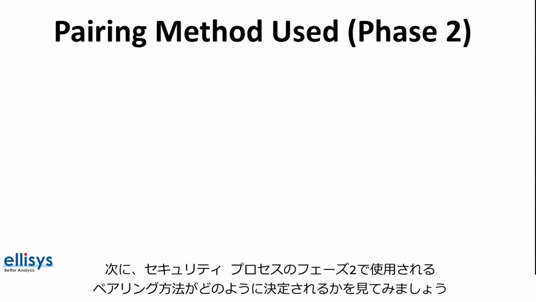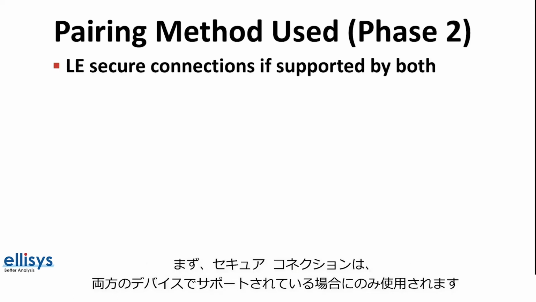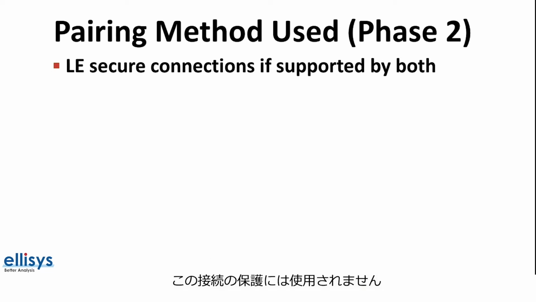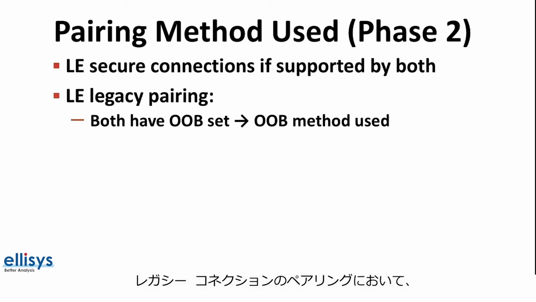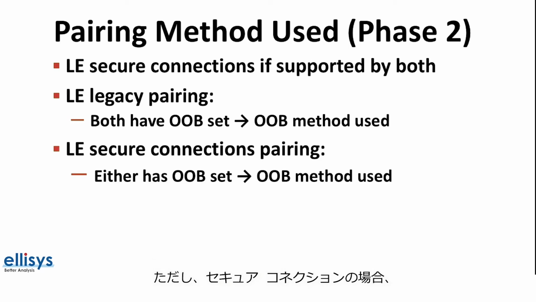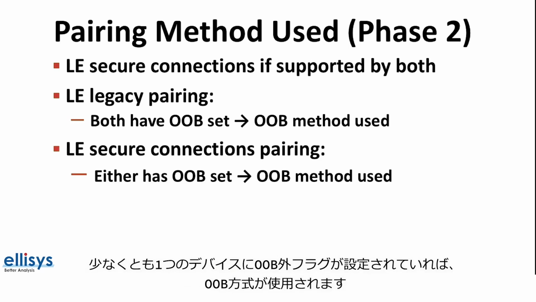Now let's look at how the pairing method used in phase 2 in the security process is determined. First, the secure connections is used only if it's supported by both devices, so if the secure connections flag is not set by one of the devices, it will not be used for securing this connection. In the case of legacy pairing, the out-of-band method is used only if both devices have the out-of-band flag set. However, in the case of secure connections, the out-of-band method gets used if at least one of the devices has